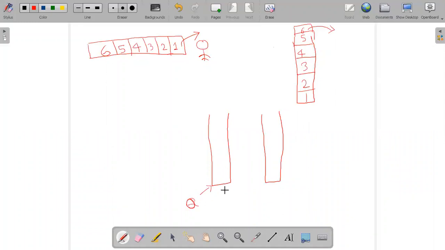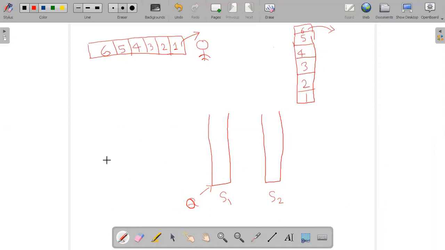And let's say this one is stack 1 and this one is stack 2. Both are stacks, so any push or pop operation will be done on the stack.